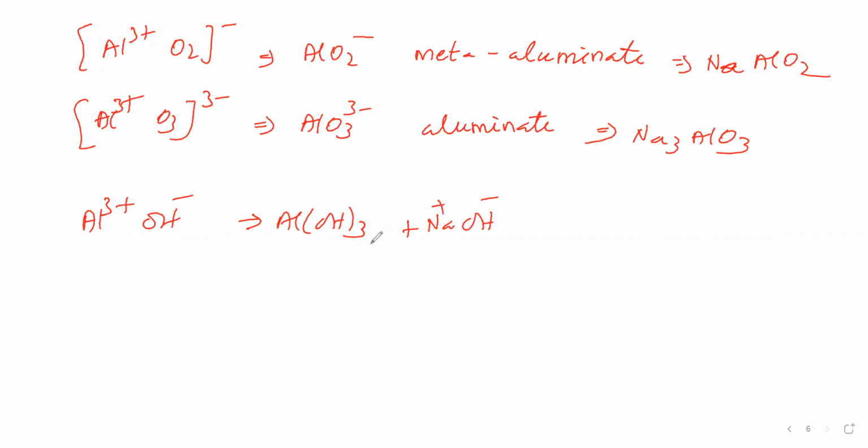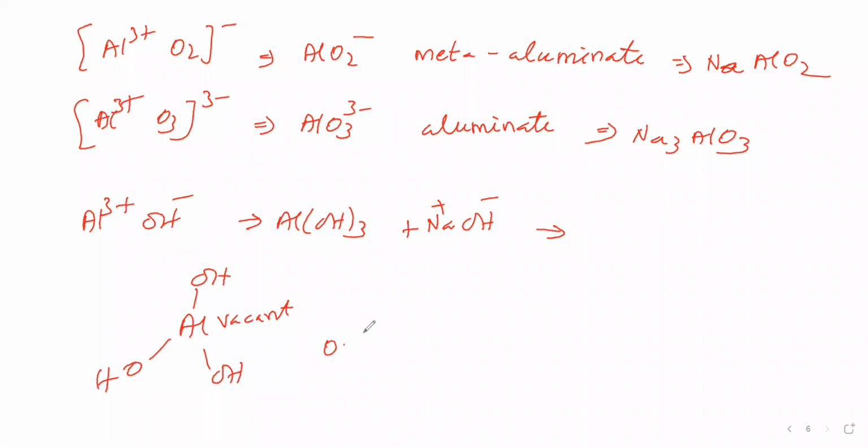So sodium hydroxide we have written. This aluminum hydroxide takes OH- from sodium hydroxide. How? That we'll see. So aluminum hydroxide we can write like this. Aluminum comes under group number 3A. This has 3 electrons in the valence shell. All the 3 electrons have gone for bonding. Aluminum comes under third period. Third period means it is having 3s, 3p, 3d orbitals. It is having vacant orbitals.